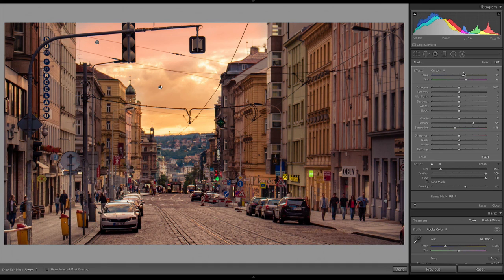Cool, so this is more of an artistic edit. I hope you liked it. If you have any questions, please let me know. Otherwise, I would love to see your versions of this photo. You could go completely different. You could go dark and dreary. You could go black and white. You could go sepia. You could go more natural and more realistic.